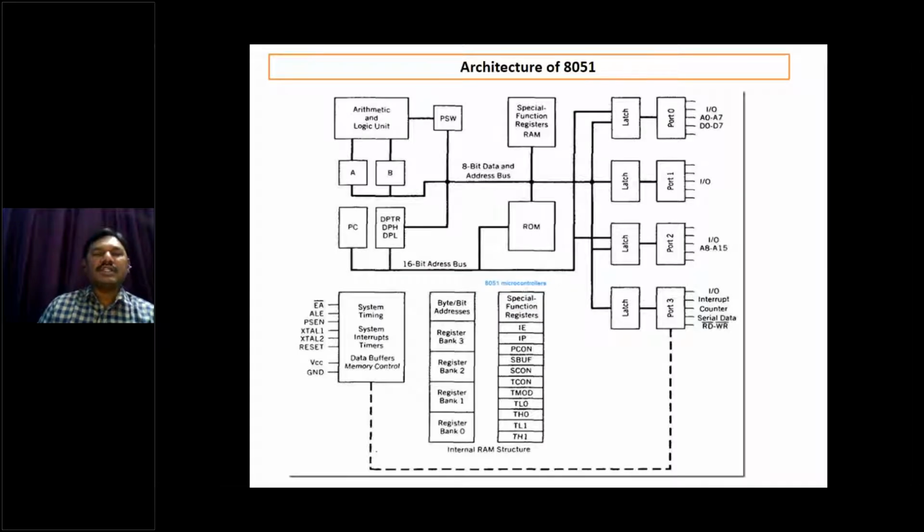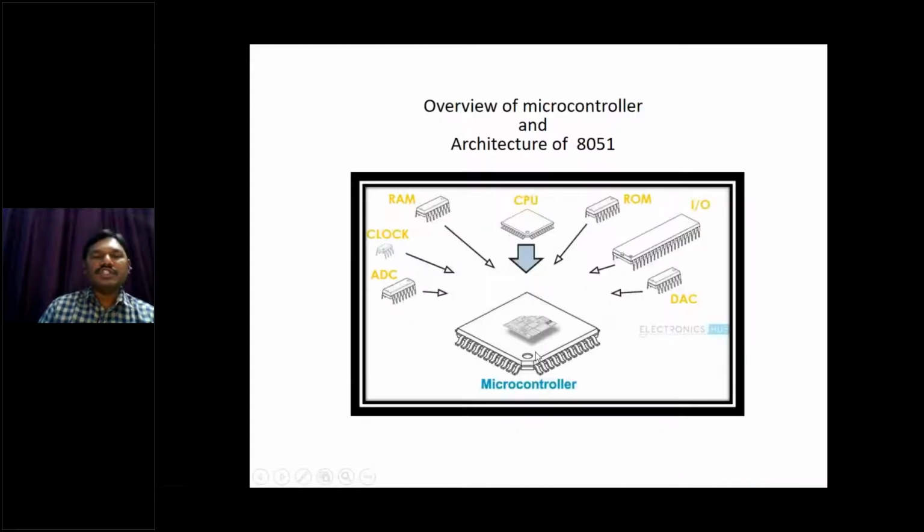So this is the architecture of 8051. This 8051 architecture has different registers and memory units and ports, latches and program counting unit and different oscillator pins and some of the control pins. All are packed into a single chip. Okay, this is the single chip microcontroller. This has these functional units.